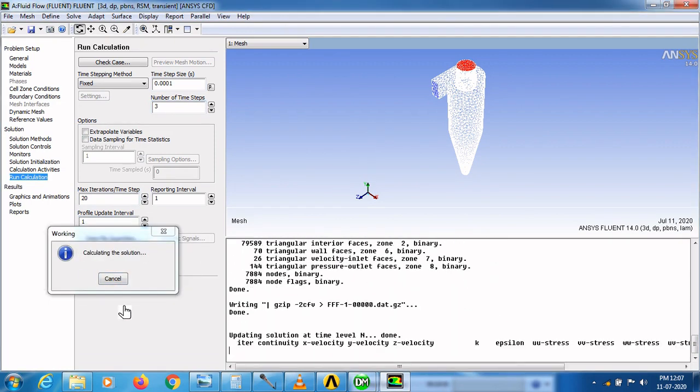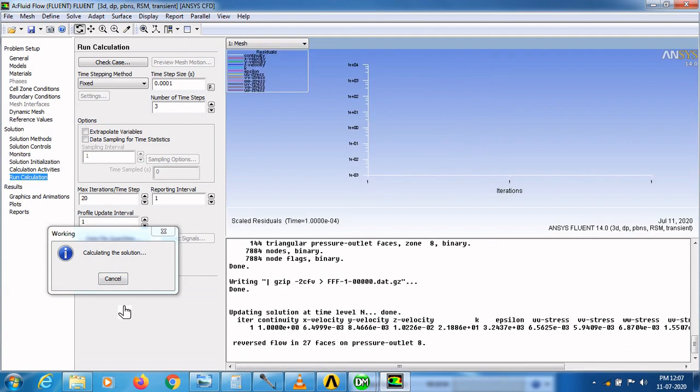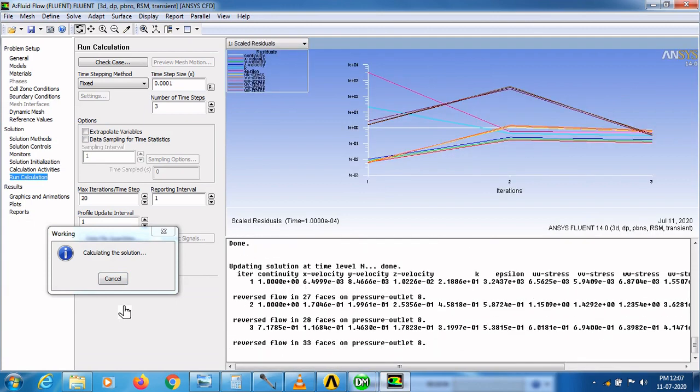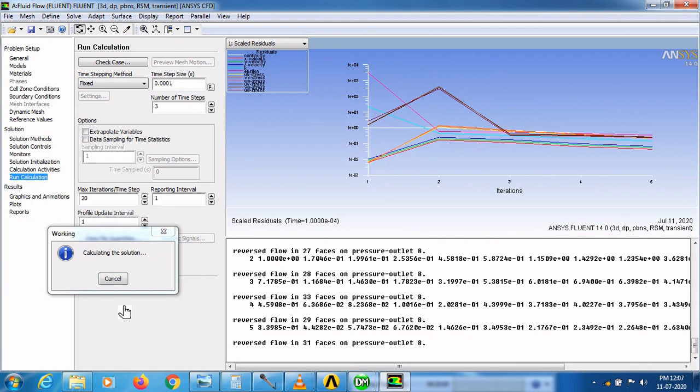It will take few minutes. You have to wait until the solution is converged.